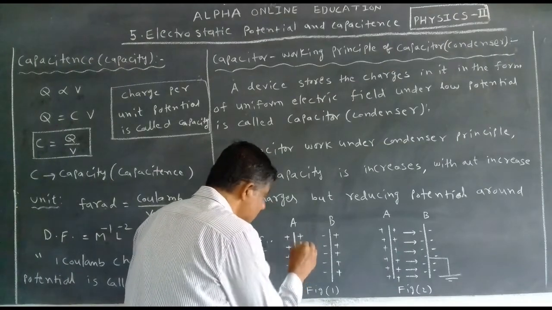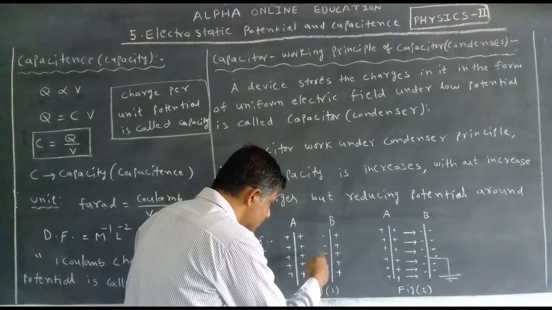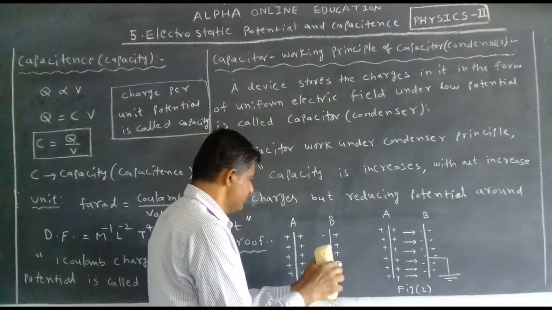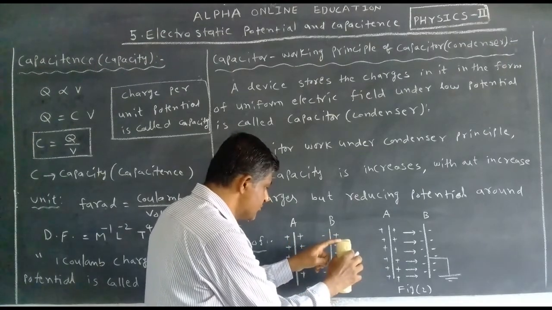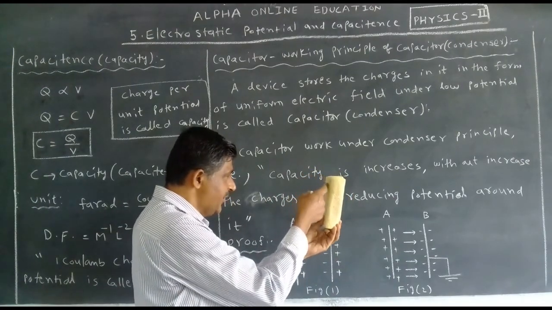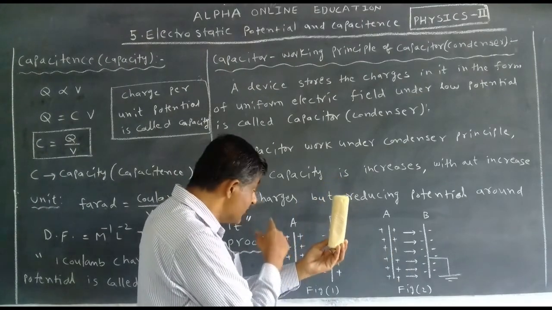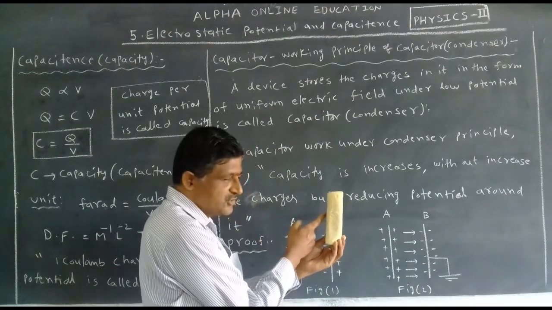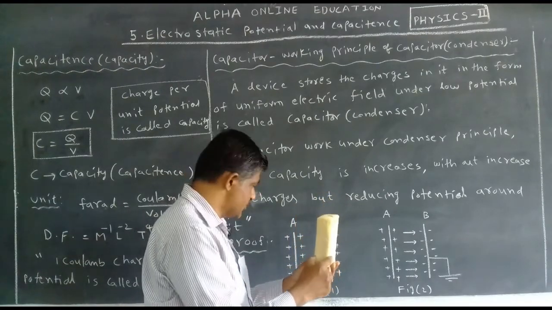Positive charges always attract which charges? Negative charges. That's why in this uncharged plate, negative charges are deposited on this side and positive charges are deposited on the other side. This is the positive charged plate, and this is the uncharged plate. In this one, positive and negative charges are the same. So immediately negative charges are deposited here and positive charges here. Why? Because this is the positive charged plate, and positive charges attract negative charges. That's why on this side negative charges are deposited, and on the other side positive charges are deposited.